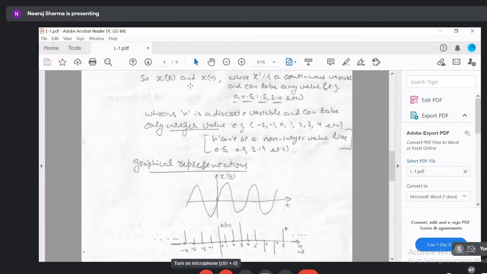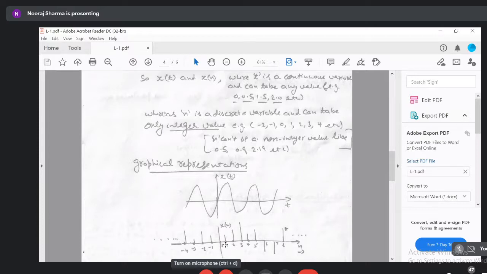So this is about the definition of CT and DT signal. ये सभी वही डिस्कशन है जो हमने अभी किया है. जैसे ये ग्राफ प्लॉट किया हुआ है, this is a CT signal, graphical representation of CT signal, and this is a graphical representation of a DT signal, right? सिर्फ डिस्क्रीट इंस्टेंस पे सिग्नल का कोई मैग्नीट्यूड एग्जिस्ट करता है और बाकियों पे नहीं एग्जिस्ट करता. जैसे x 0 की वैल्यू, that is when n is equal to 0, this signal has a 0 value. At n is equal to 1, it has some magnitude, right? And between 0 and 1, the signal is not defined. You cannot say that the signal is equal to 0, right?